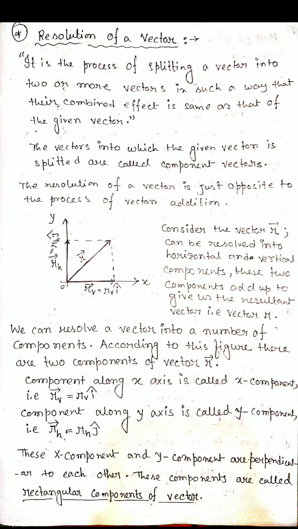When we studied the unit vector, we also discussed this thing: the unit vector gives us the direction. In the same way, RH vector equals RH into j hat. RH gives the magnitude of the RH vector, and j hat, or j cap, gives us its direction, towards the y axis. So any vector we can write this way, with its magnitude and the unit vector. One represents the magnitude, and the other represents its direction.